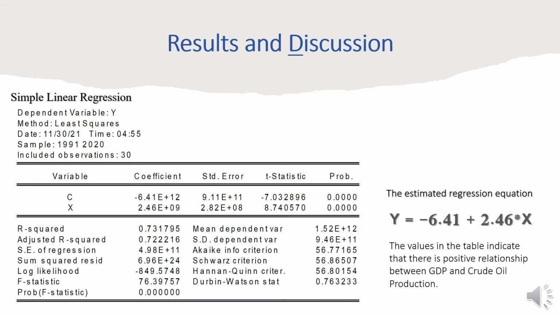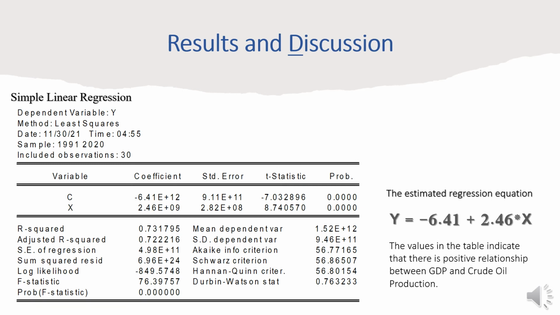Hello everyone, my name is Khulud Shamrani. I will explain the result and discussion. By analyzing the data in the EViews program, we have come up with this result. This table shows the result of the regression model. Here we have an estimated regression equation that is equal to y equals minus 6.41 plus